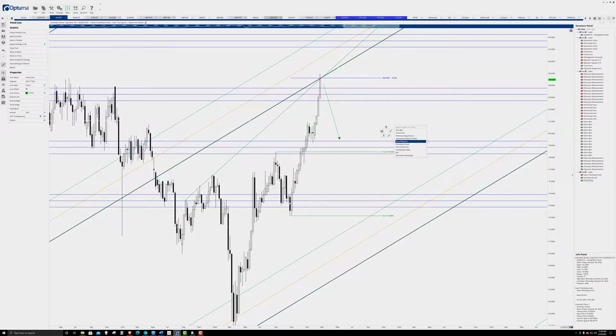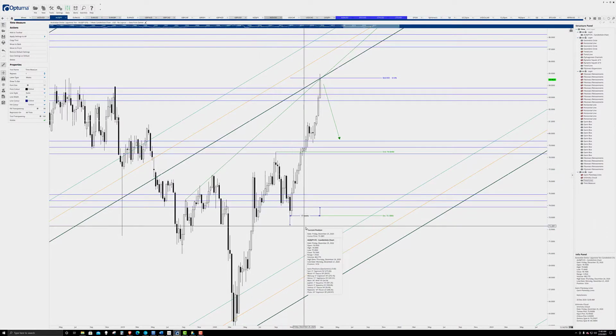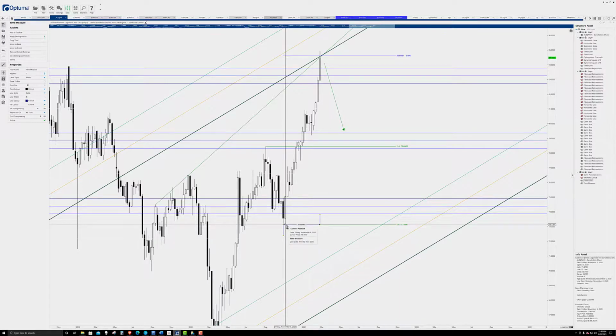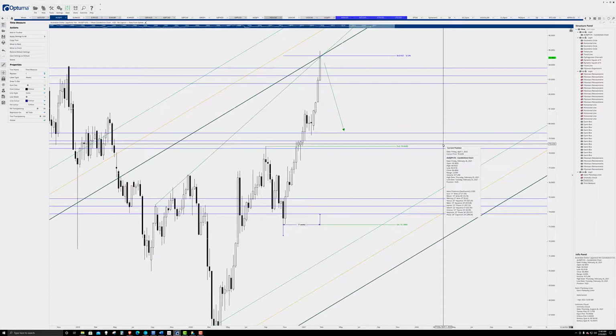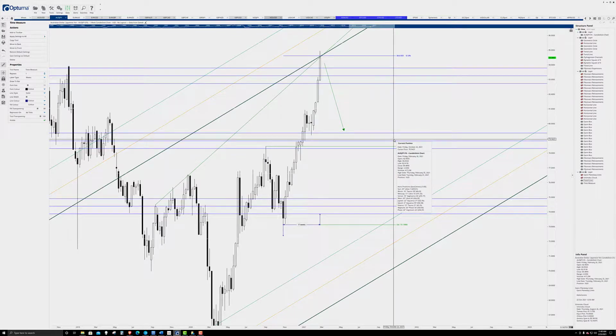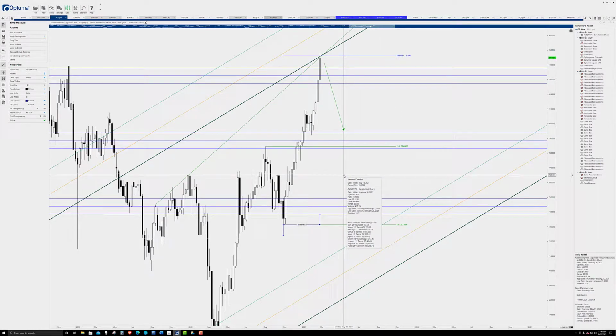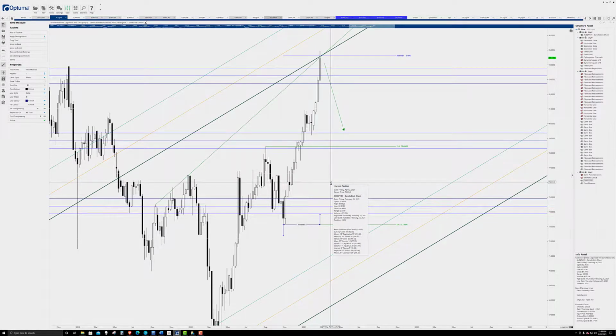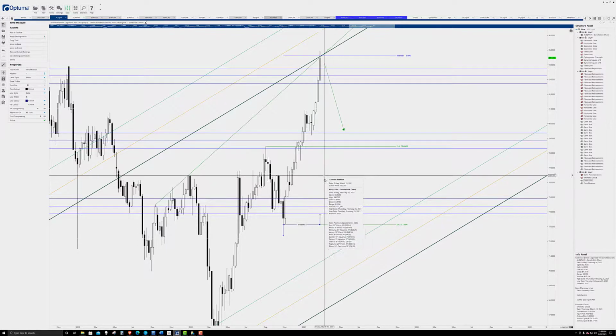This is a pretty omnidirectional move that we've had ever since November. It's kind of crazy to think about, but let's do the time measure here, and we'll go by weeks. 17 weeks since that November low. There's only been 3 out of 17 weeks since November that have had a close below the weekly open. That's a pretty sustained uptrend with really no correction, with not a ton of volume.